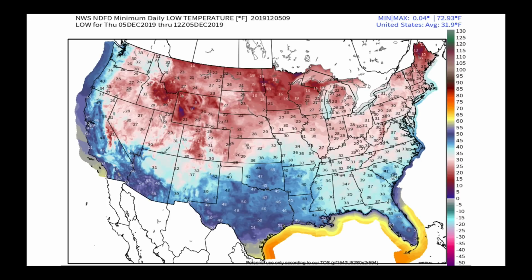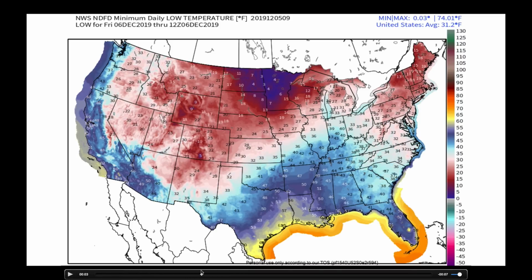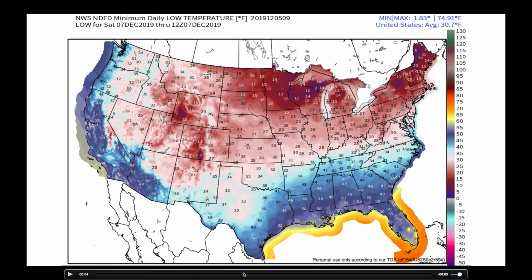So let's talk about the temperatures that have to come in terms of bringing in the colder weather to make that happen. So let's take a look at morning low temperatures here. This is for the day on Thursday. We can still see a lot of teens here and low 20s in the upper plains, and that's going to change dramatically in the coming days. So let's just take a look at Friday morning's lows. So they're right here, single digit up in this area. Getting into Saturday,